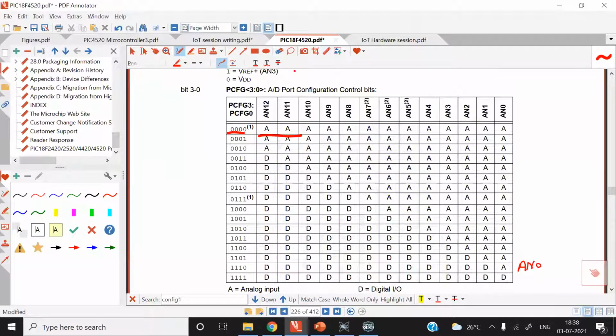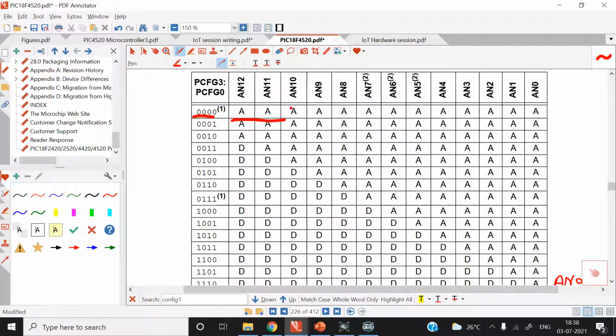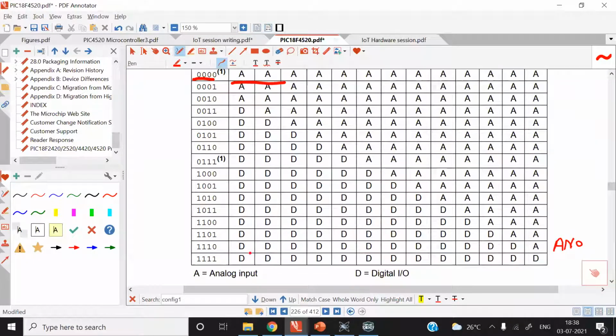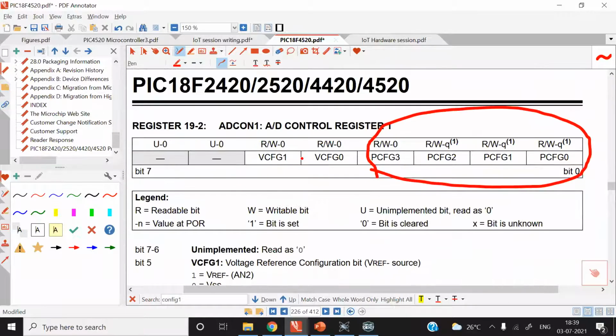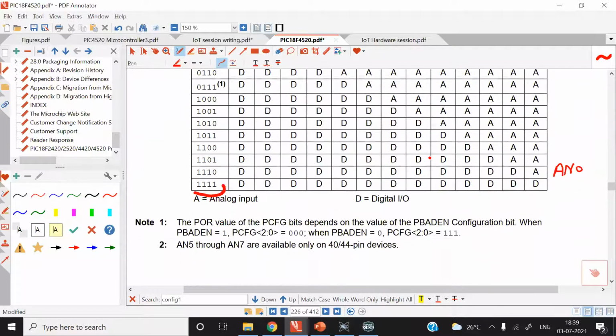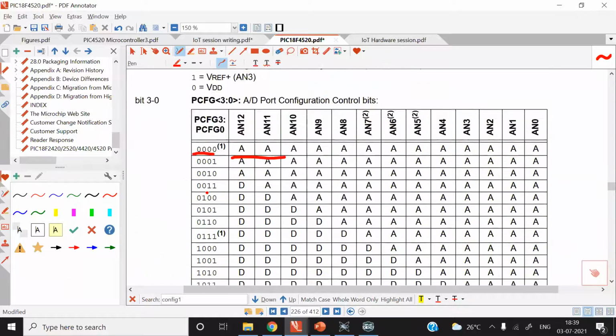In this table, A stands for analog and D stands for digital. And if all 4 bits of the ADCON1 register, the A/D control register 1, are 111, then all 13 channels become digital input output.